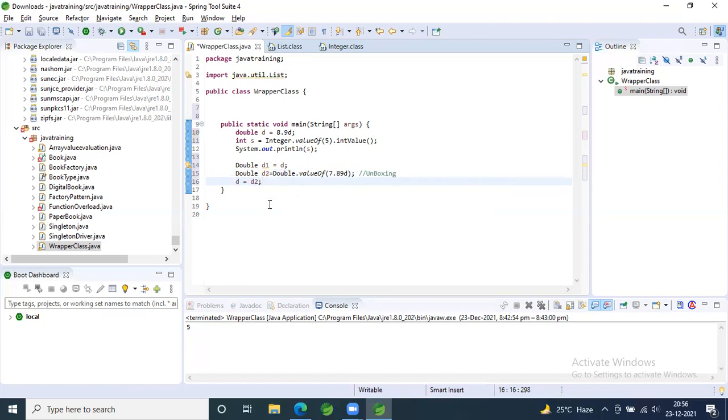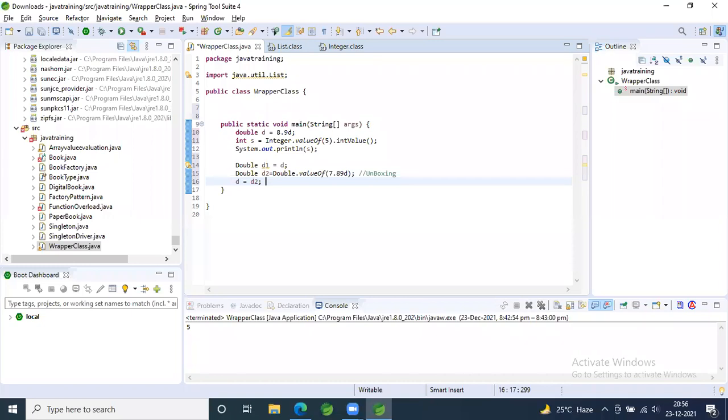valueOf is giving me a Double wrapper class, and I'm giving the object directly to my double primitive D. So what is this conversion? From my object, I'm giving the value to my primitive D, which is called unboxing.